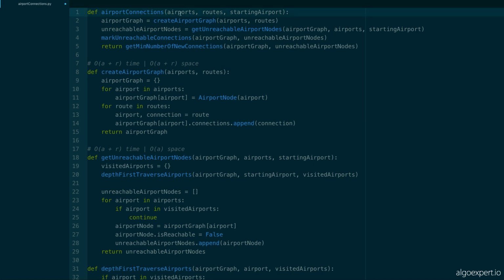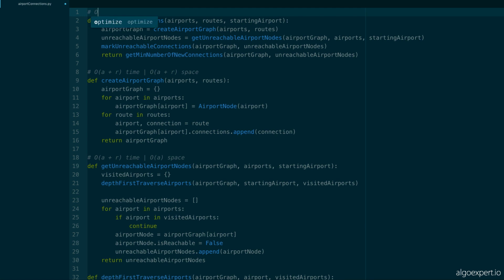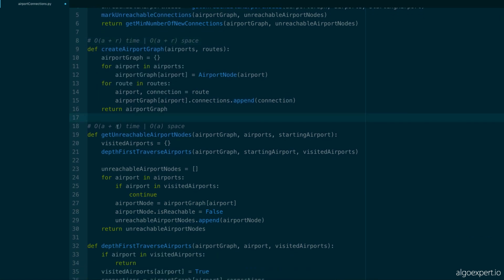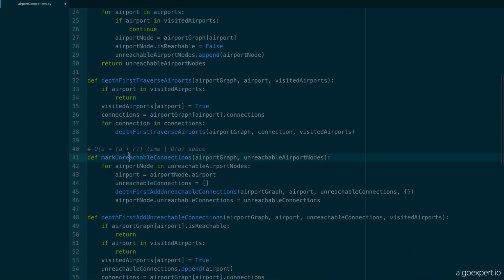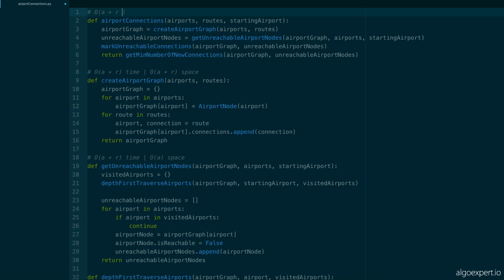I believe it's going to be, so let's see. It's going to be O of A plus R from here. O of A plus R here, we can sort of drop that. A times A plus R, so plus A times A plus R. So I guess this becomes A plus R times A plus 1, right? If my math is correct. So A plus R times A plus 1,